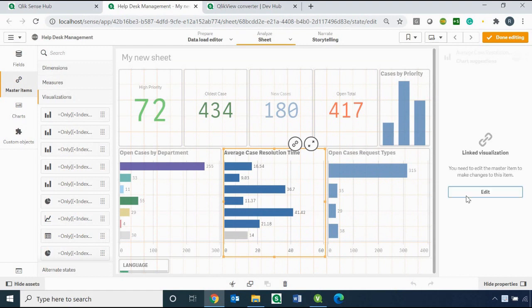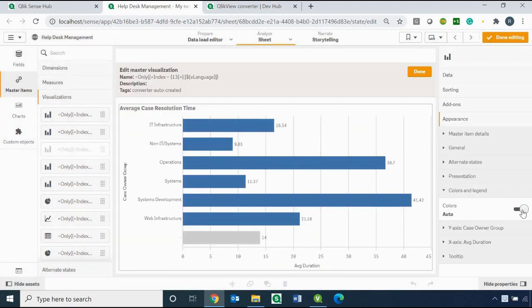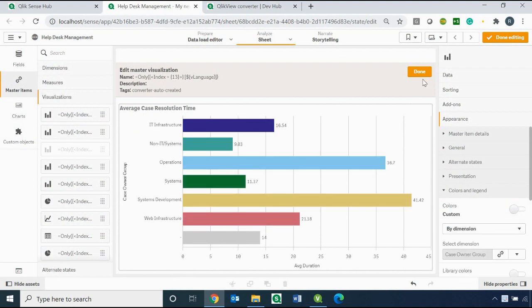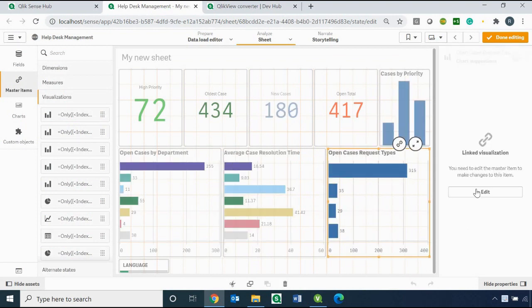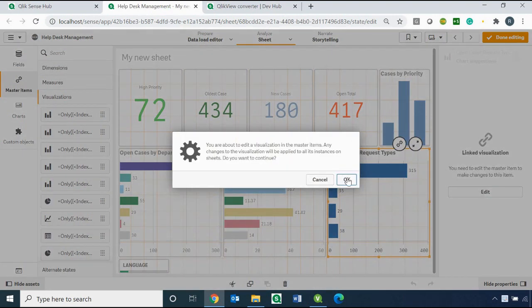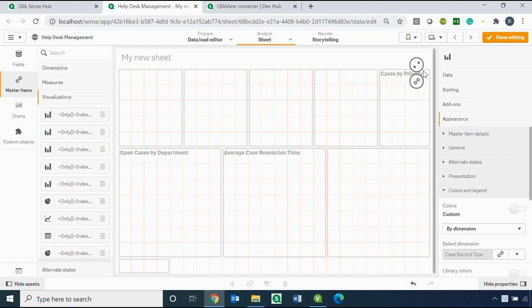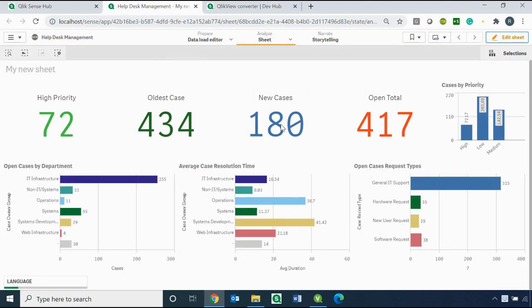Go here, go to the edit mode, say okay, change the color from single to, let's say, by dimension, and same way I'm just going to change for this and just say okay, and change the color from single to by dimension. Now let me say overall done. So now you can see that this is how the dashboard looks like.